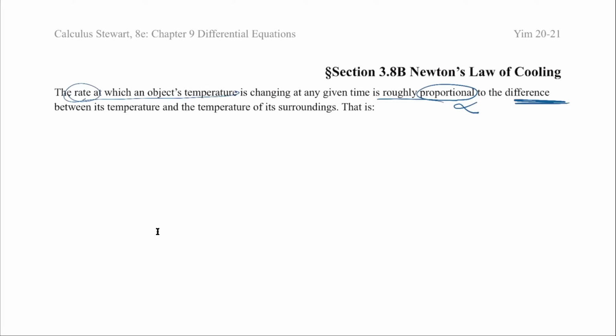So that's the key, right? So if you have dT/dt, I know it's kind of weird, capital T is the temperature and small t is the time, right? It's proportional to the absolute value of the difference between the two, right? Because the surrounding temperature could be either above or below,